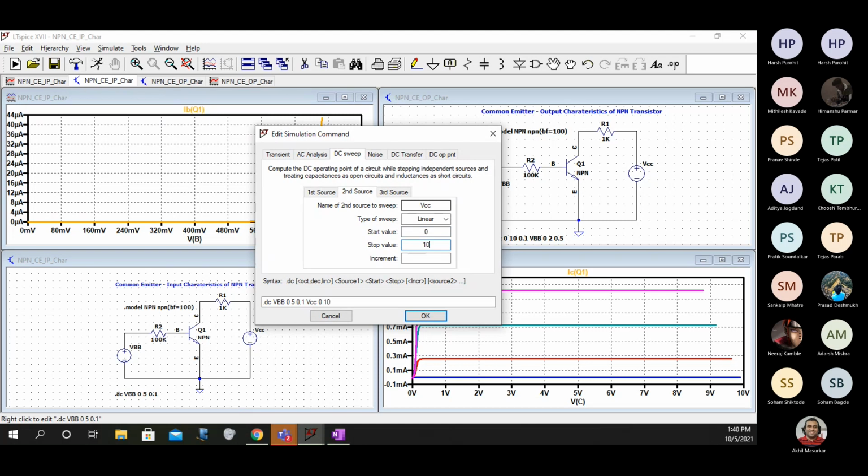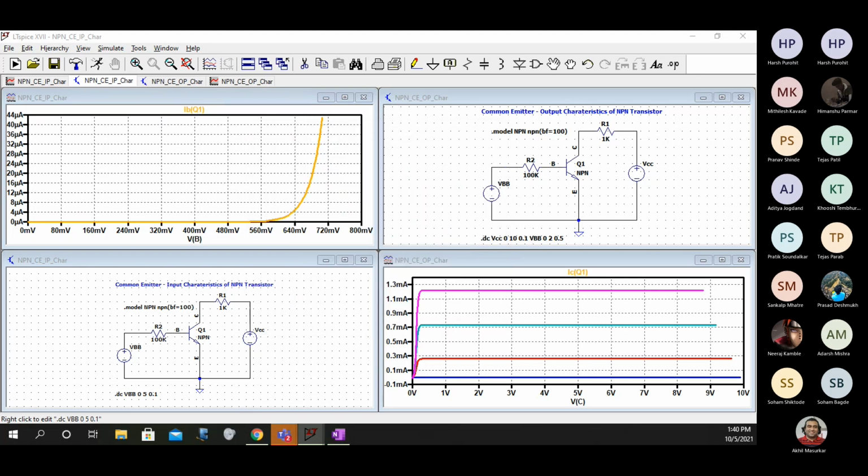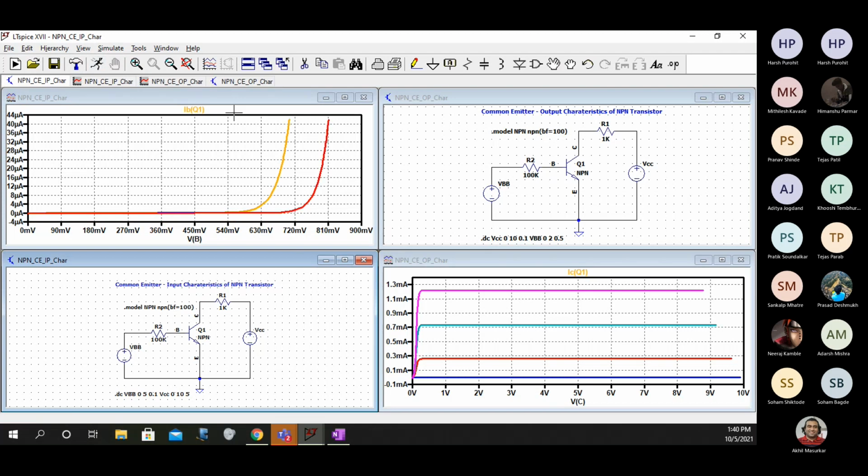In the meantime, all of you will put this. I want to see both input as well as output characteristics like this. Prasad, your VCC is stepping like anything. This is wrong.